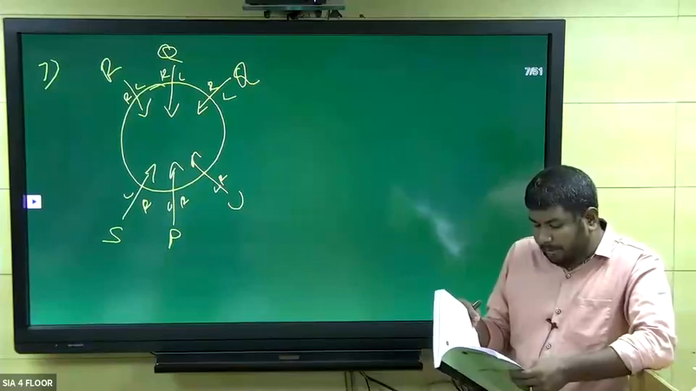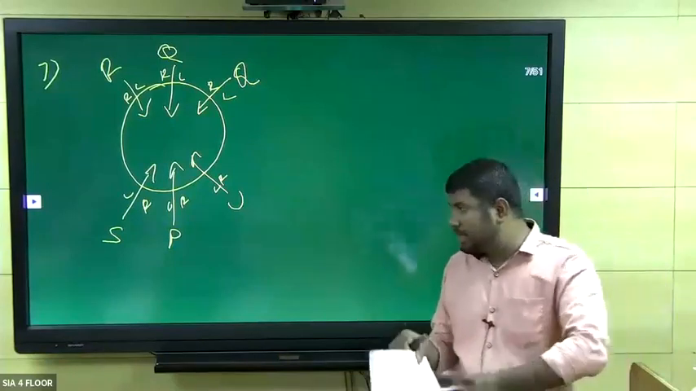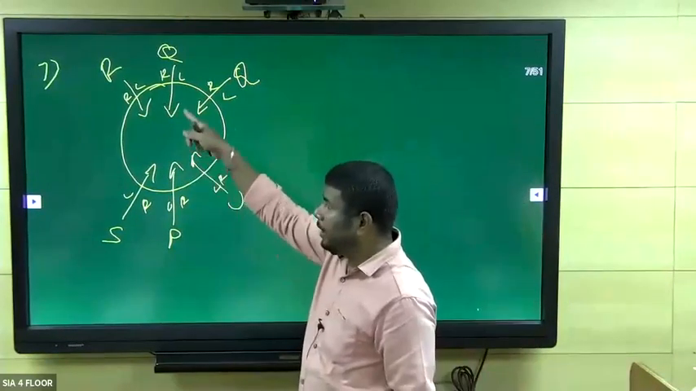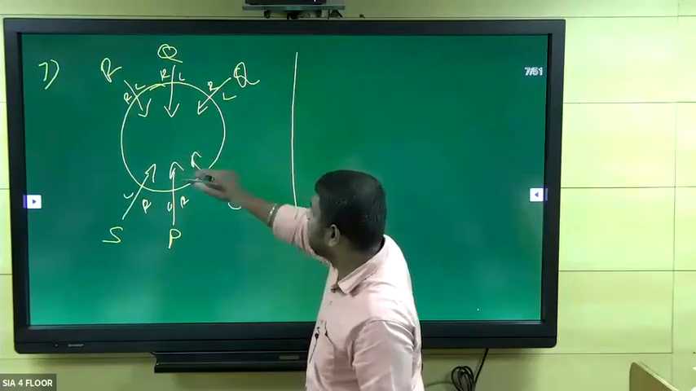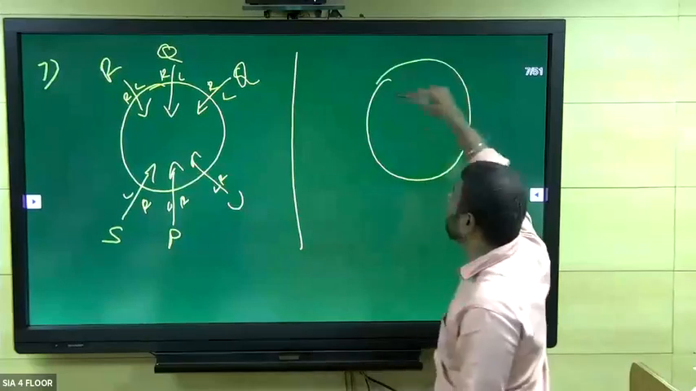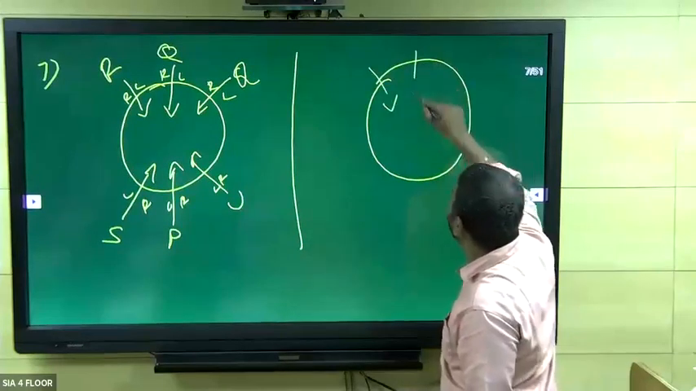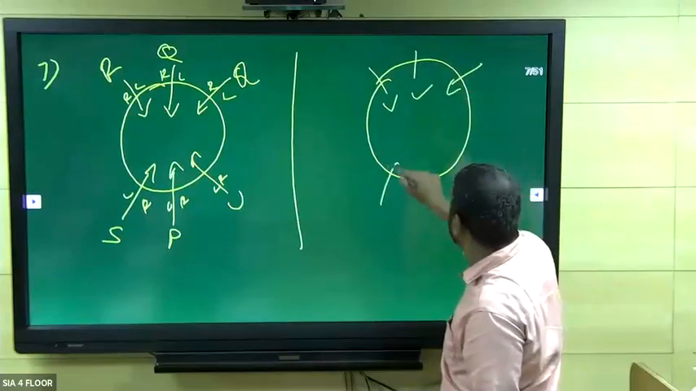Now, if the position of P and R change, listen, guys, this is our proper arrangement diagram. It is before interchanging. After interchanging, they have given another one, that is,